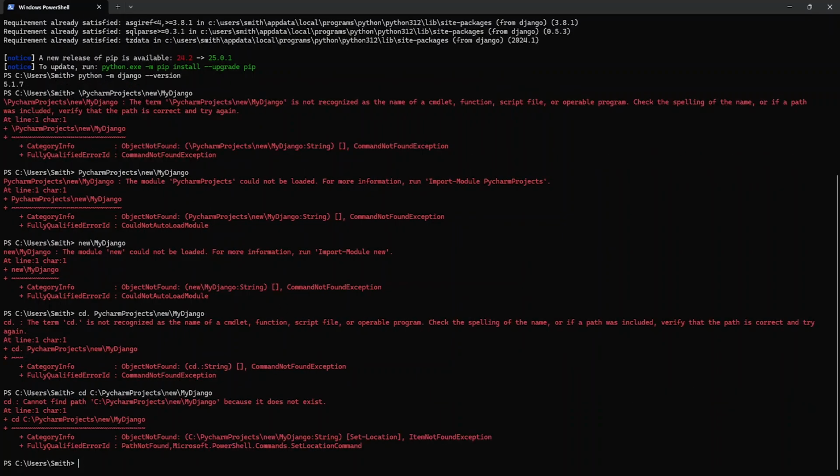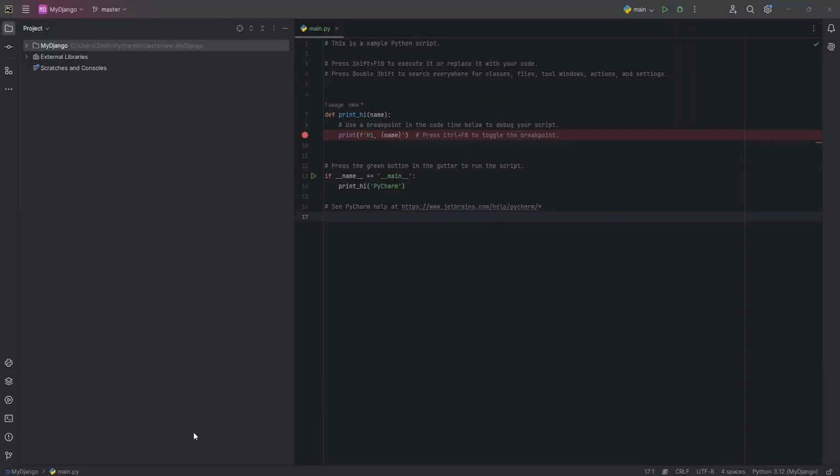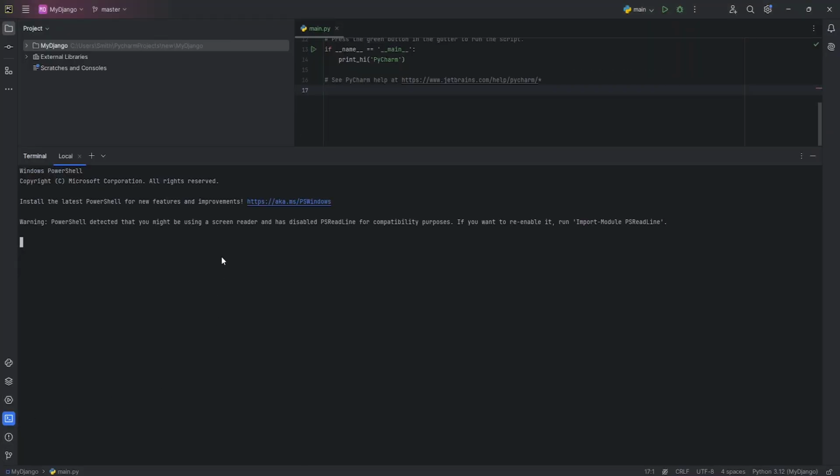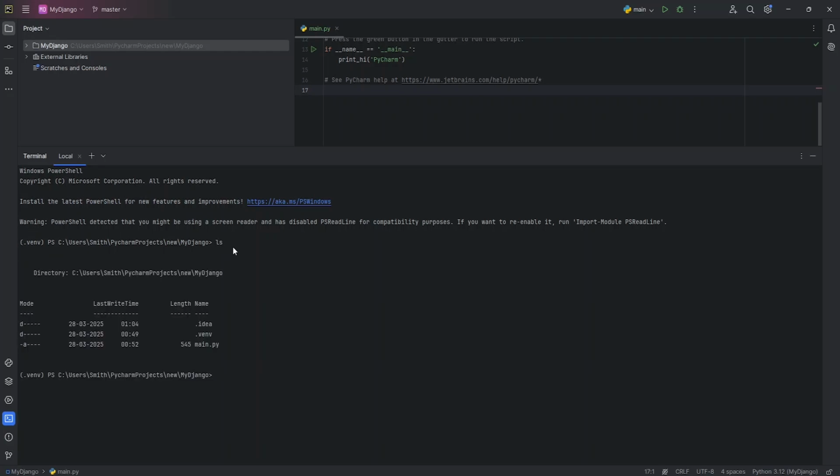So over here now, it is a bit confusing, because I'm not able to run it, or I'm not able to find its directory from here, from this Windows PowerShell. So what I can do is come back here again, and from here, let's type ls. Let's click on enter. Here you guys can see I do have the file